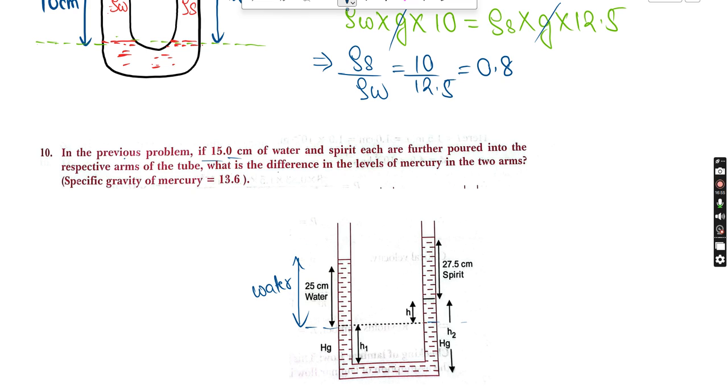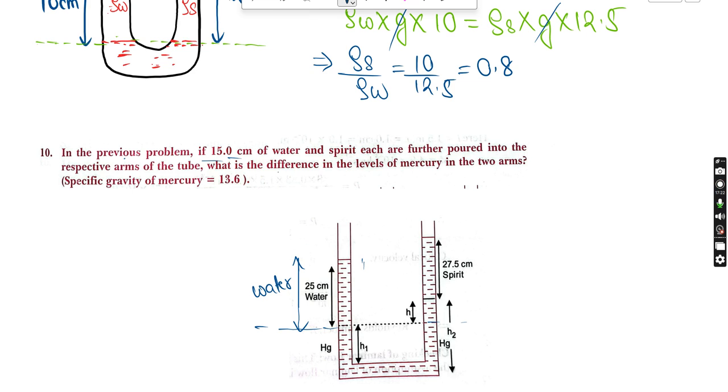Now why 25? Because earlier the water was 10, and now we have added more. Take any part. Here they are taking the mercury level. Earlier 10 was there, now we have added more, so ultimately it will become 25. Here they are taking the base not here, rather they are taking the base up